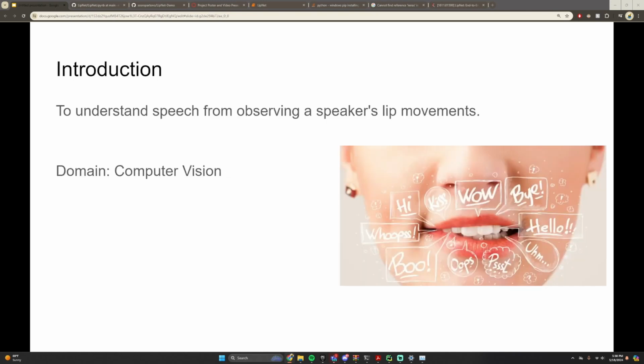So a little bit about the introduction. Lip reading is the task of decoding spoken words or sentences solely from a speaker's lips without any audio input. You can see on the picture on the right, we can essentially have no audio and still interpret what